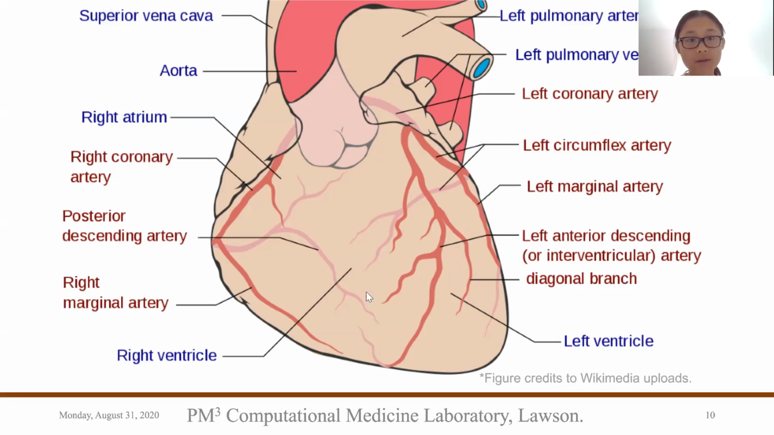Now moving over to the right side, we have the right coronary artery, which tends to be a little bit longer than the left coronary artery before bifurcation. The right coronary artery is located on the right side of the aorta, and it splits off, in most cases, into the posterior descending artery. And in all cases, or usually, the right coronary